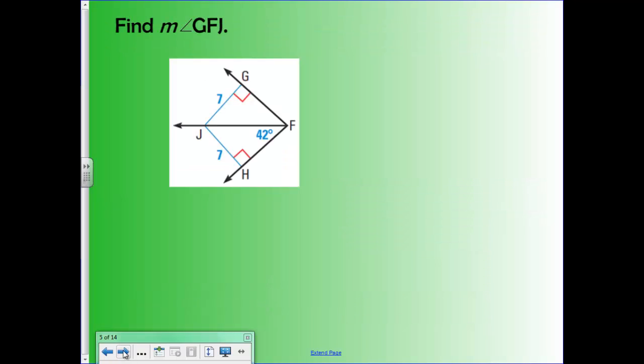Find measure of angle GFJ. Trace it with your pencil. G to F to J. I want to know how big is that angle. Taylor? 42 degrees. Yeah. If those are the same segment length and they're perpendicular, if that's 42 degrees, that's also 42. Clean it up. Tell me measure of angle GFJ